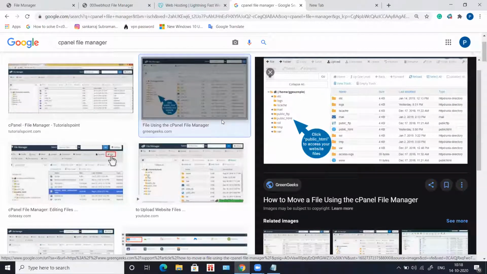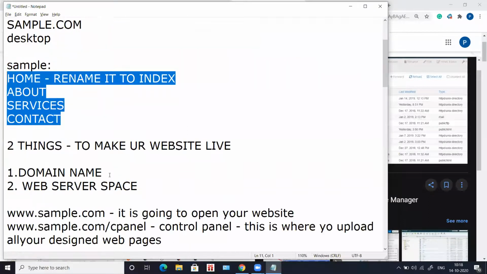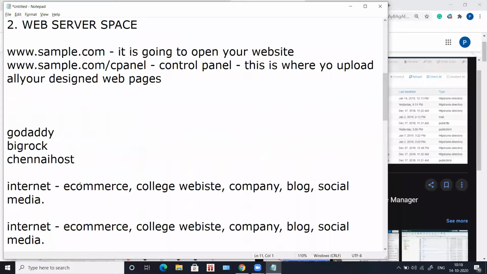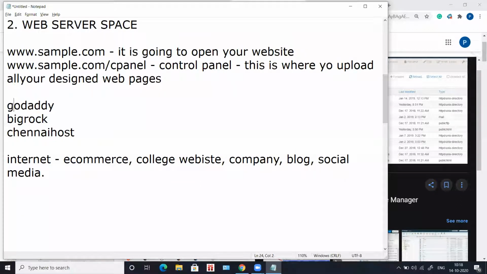Today I'll tell you about one free hosting server where you can try and see this, and I'll also give you two or three to-dos which you can work on. So this is with an actual, paid server, where you pay and host a website. But to practice, you have something called 000 web host.